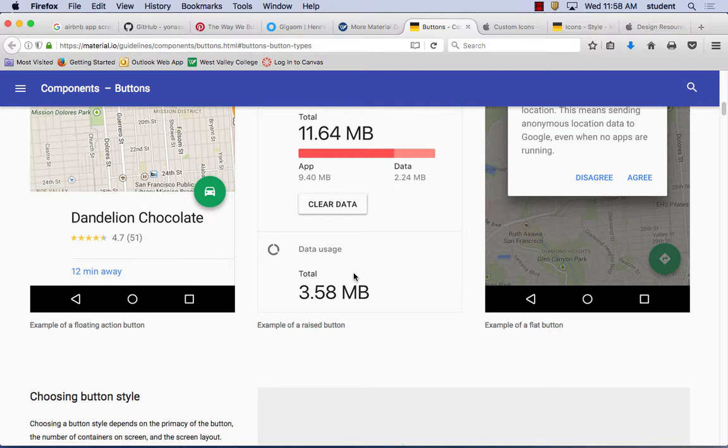Trying to make it folded. They're not very good. Whatever. I don't know. Pretty bad fold job there. But how they came up with the idea of material design is actually by folding paper and then lighting it